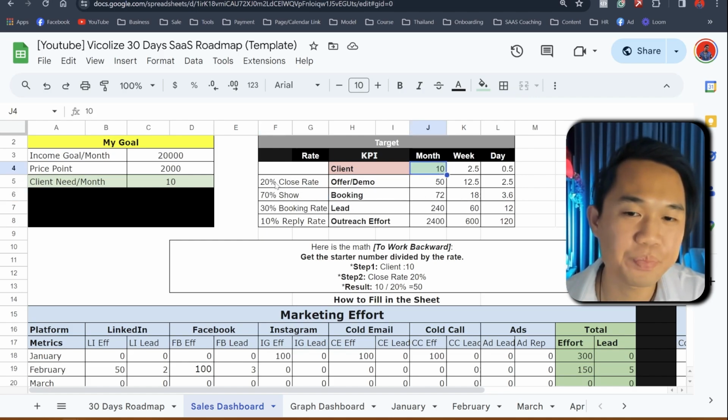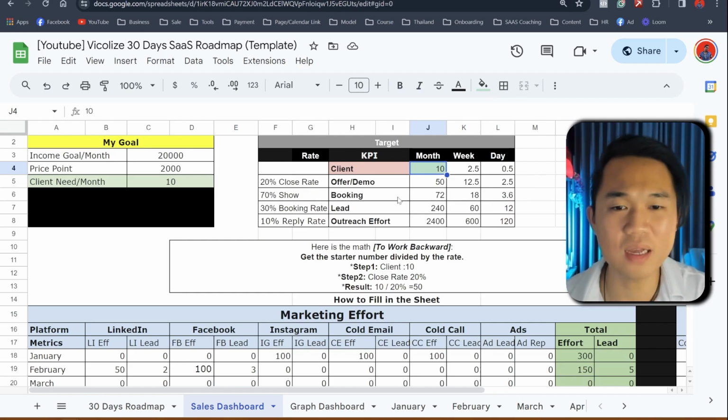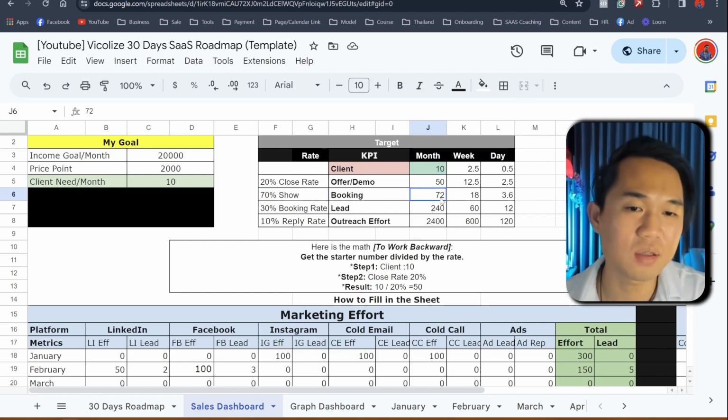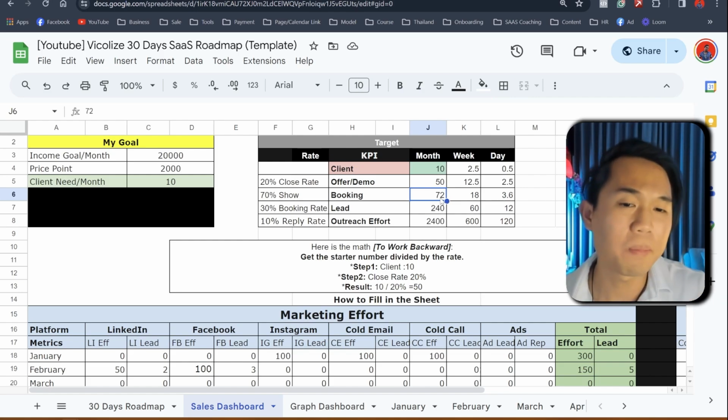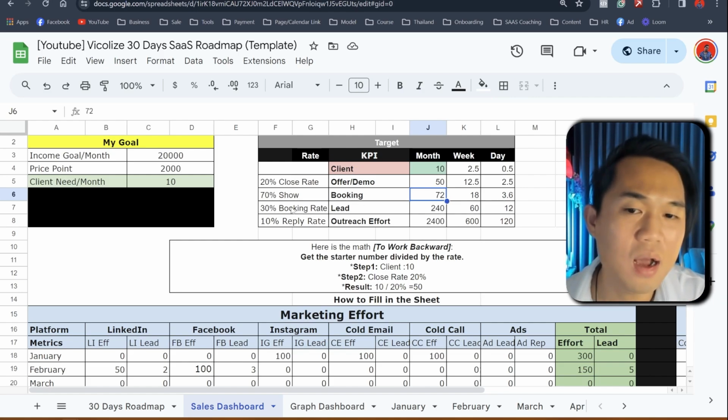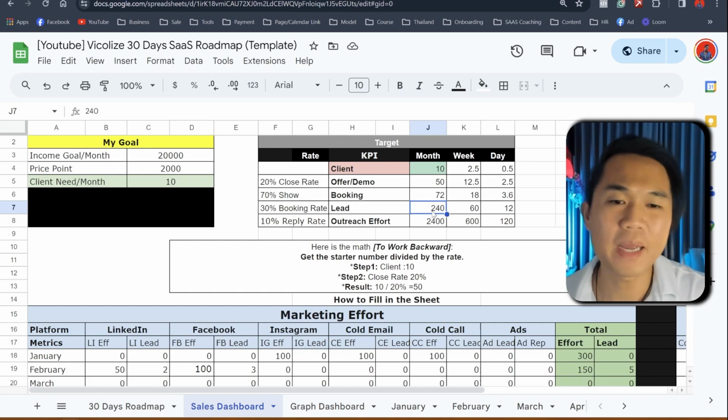If you close at 20%, it's going to be 50 demos that you have to make. With a 70% show up rate, there's 72 bookings that you have to make. So you've got to call and book 72 appointments, and with a booking rate of 30%, you need to actually make